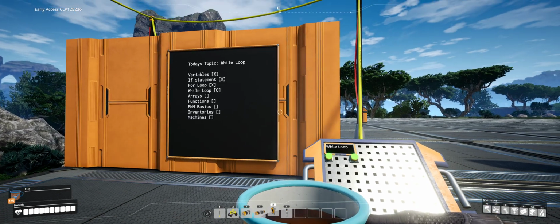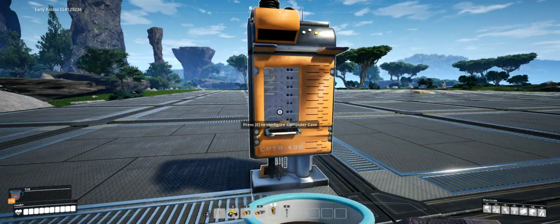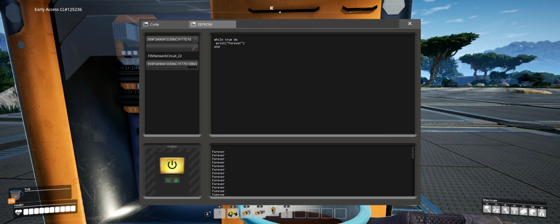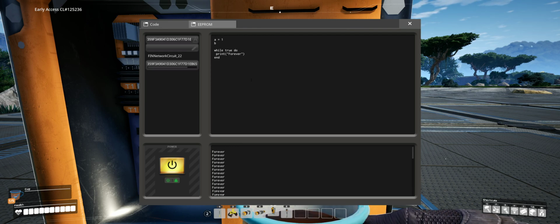Alright, we are back, and today we want to take a closer look at the while loop and why we want to use it. As we've seen last time, while true do is just an endless loop. It will repeat whatever you put in between forever and ever, and that's probably one of the most common uses, if you want your program to run and check things. But there are also other uses, so we can do a equals this and b equals 10, and now